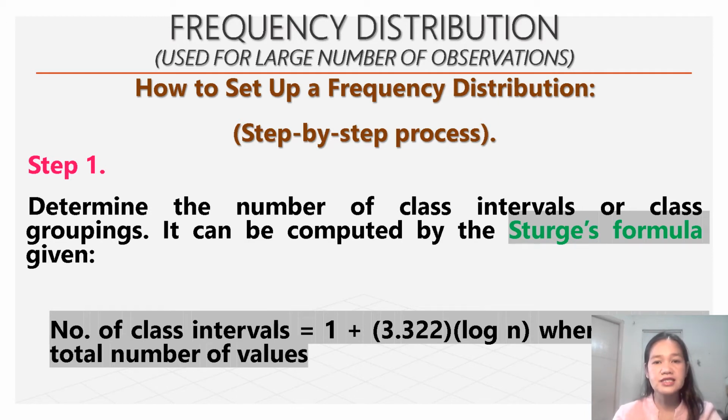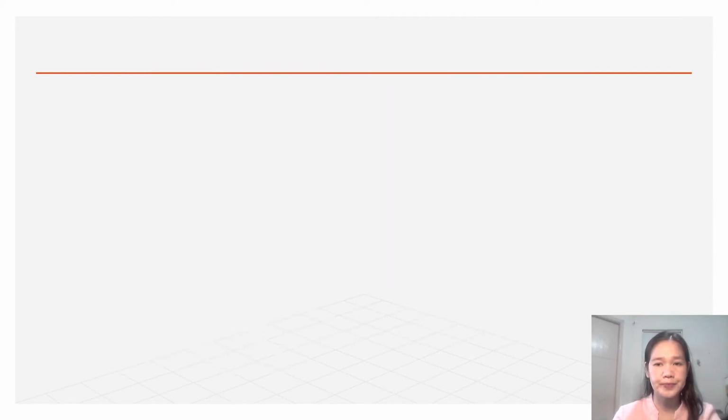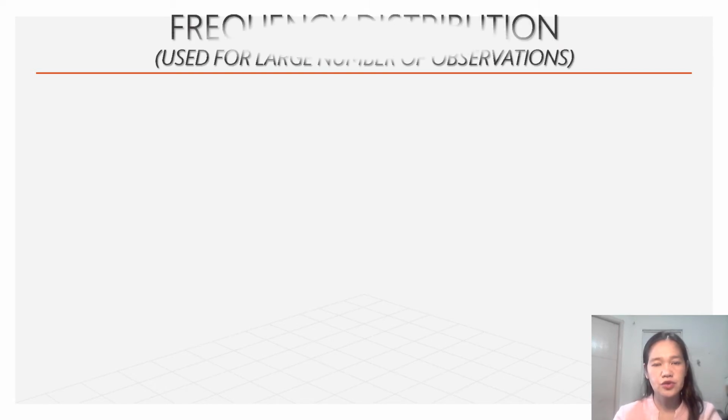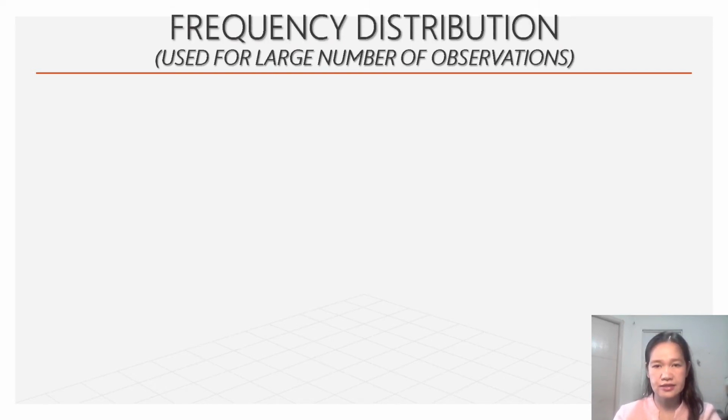The number of class intervals is equal to 1 plus the constant value 3.322 multiplied by the logarithm of n, where n is the total number of values. So this is the formula given by the Sturges formula, and we will be using that. We will further explain the Sturges formula later. So step 2